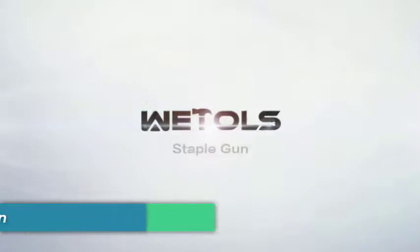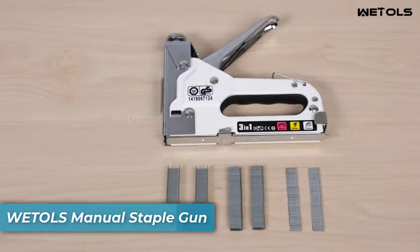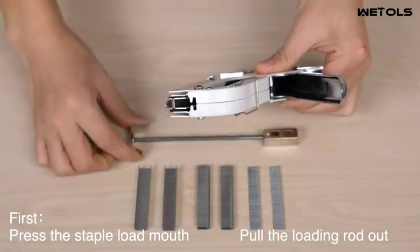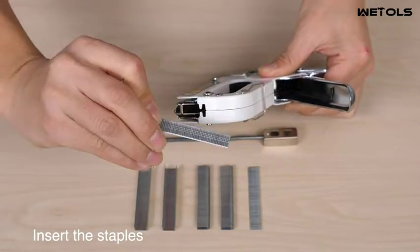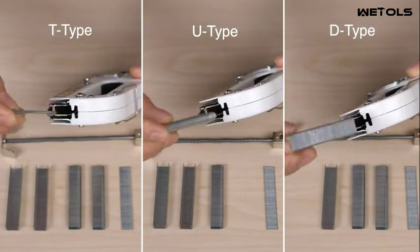Number 1 is WETOLS manual staple gun. This versatile staple gun is perfect for any fastening job, big or small. With its ability to use D-staples, U-staples, and T-staples, this 3-in-1 staple gun can handle any material you need to